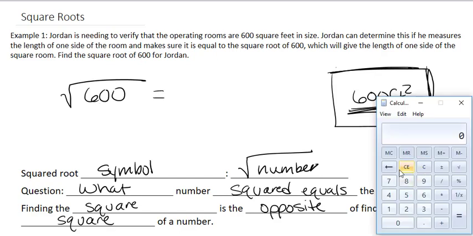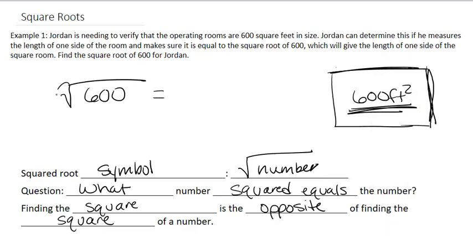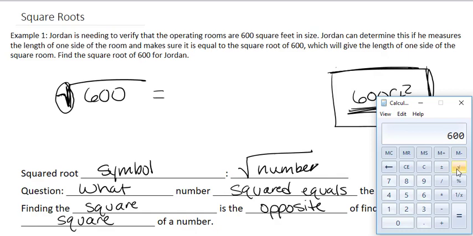going to be, taking our calculator, we're going to put 600 in first, and then we're going to go to this top right hand side where we see the square root symbol. It's kind of like a half symbol of it. It's just like this part right here that shows on the calculator, this little sign. So we'll find this right here, top right hand side, and this is equal to 24.5